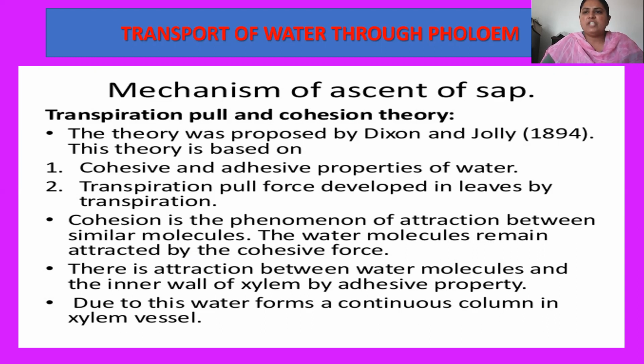This transpiration pull force actually develops in the leaves by the process of transpiration. You know that the transpiration process is unique in plants, and by this process the excess water present in the plants is removed from the leaves with the help of special pores present in the upper and lower epidermis of leaves, which are known as stomata. During the daytime, the stomata are open, so transpiration happens smoothly.